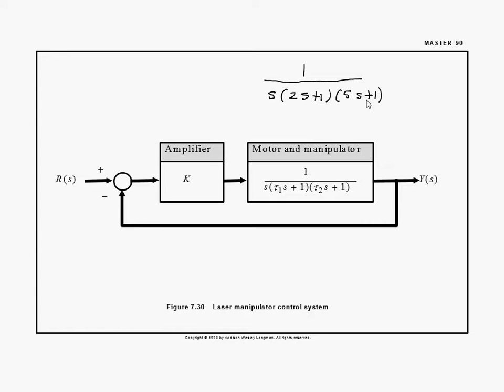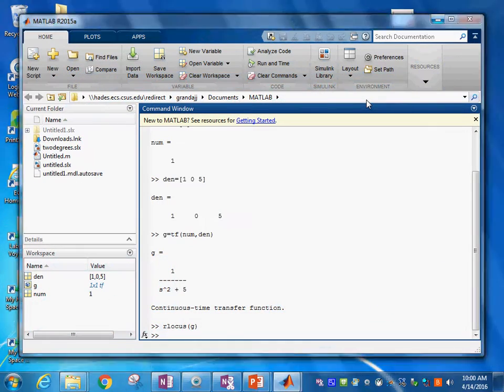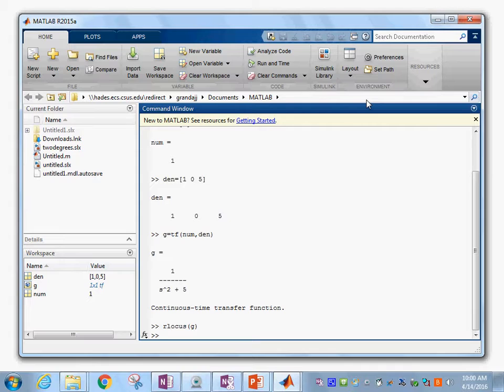So I'm going to teach you how to enter this kind of transfer function and obtain the root locus plot. So let's just go to our MATLAB. Remember the transfer function, because I don't know if we'll be able to see it again. So let's see. I want to go over here, right? What was the